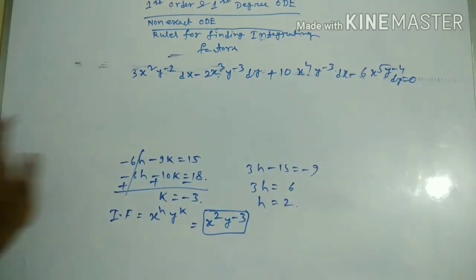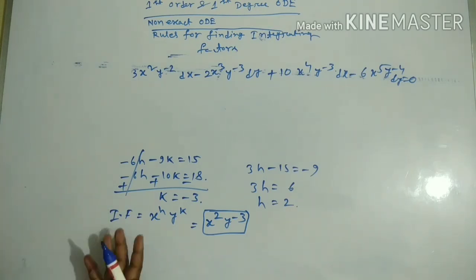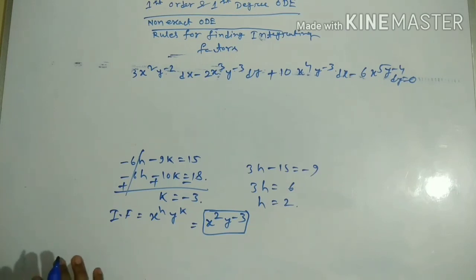So after multiplying, this is the equation. When you practice this sum, you will have to multiply, then you can understand this,